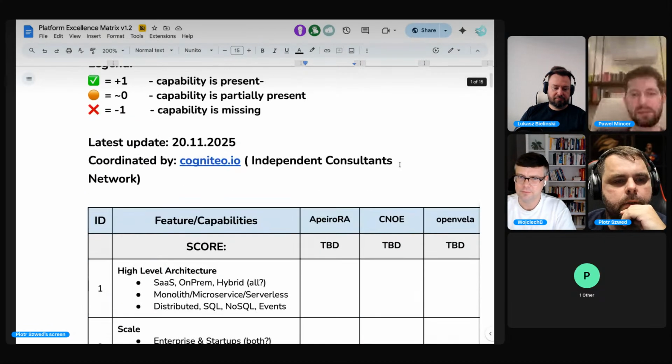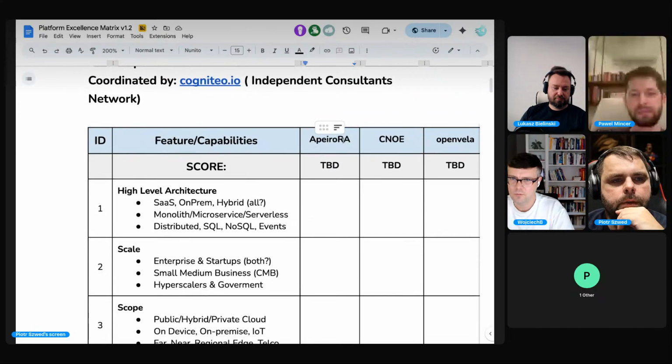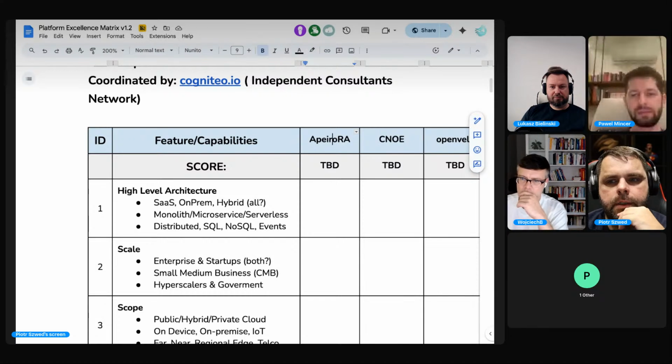A good example is actually, let me continue for a second, the Apiro project, which is developed by the European Union and SAP, Kano, which is developed by Amazon and Cisco, which is mostly about US companies, right? And the OpenVela project, which is mainly developed in China, right? So you can find a couple of different projects or implementations of a platform being developed all over the world, and I think that's the right approach, actually.